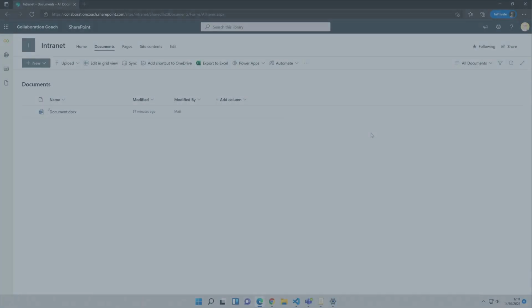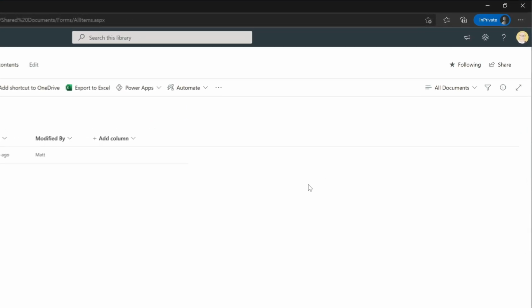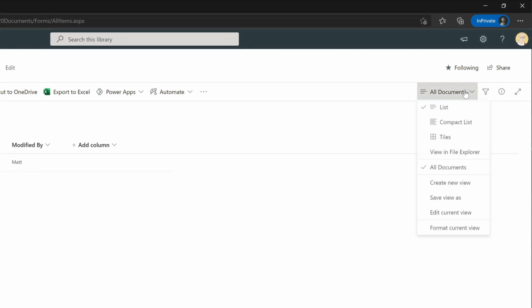People loved this, and some were very upset when Microsoft removed it. Now it's back. And when it's set up, we'll see a View in File Explorer option in the View menu in every document library. That will connect File Explorer to the library. However, Microsoft is recommending that you don't use it. The OneDrive Sync client is the modern way to manage your Microsoft 365 files in Windows File Explorer or Mac Finder. So I assume for that reason this is deliberately hard to set up and only admins can do it.